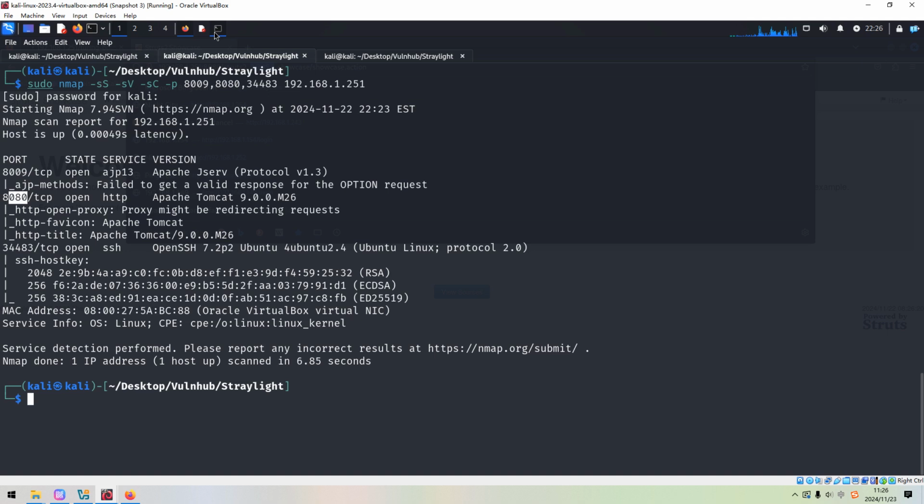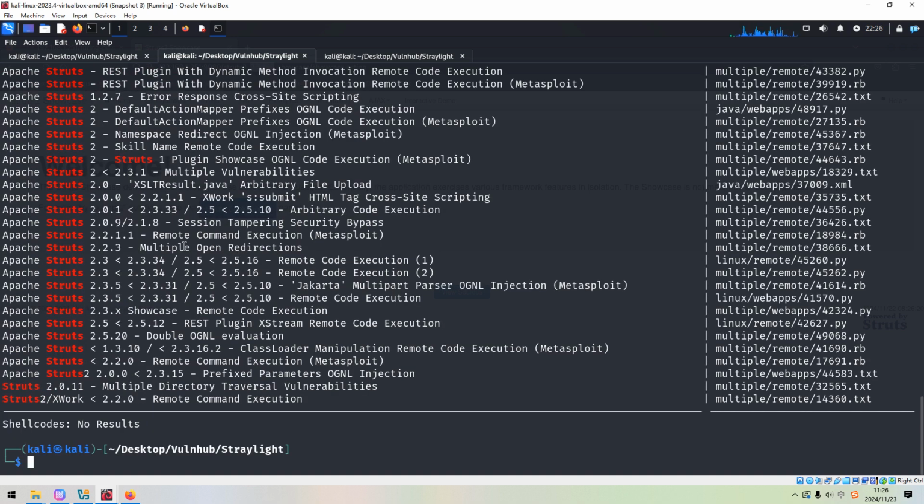And how to proceed next? We can use an exploit for Struts, and there are a lot of exploits available. When I did the machine the first time, I tried Metasploit and also a Python script, but none of them worked at all.